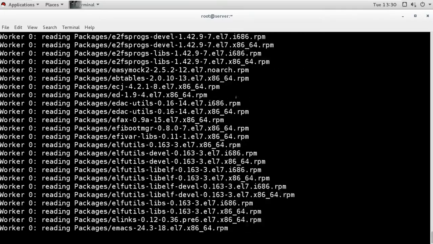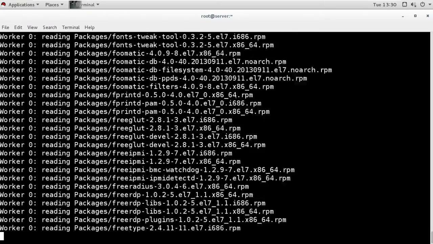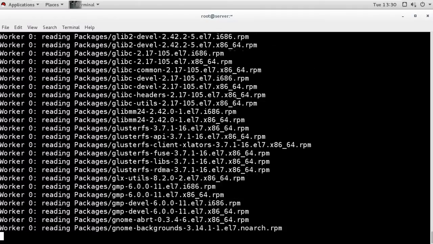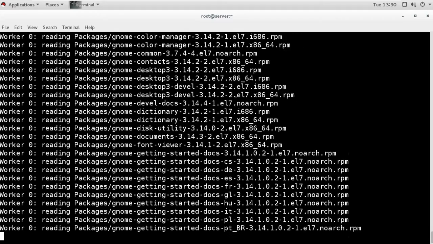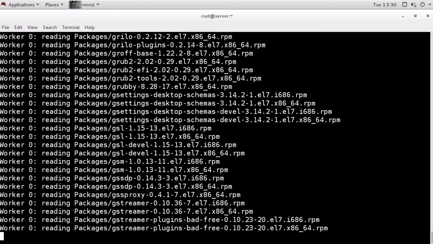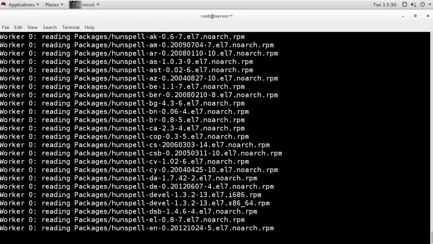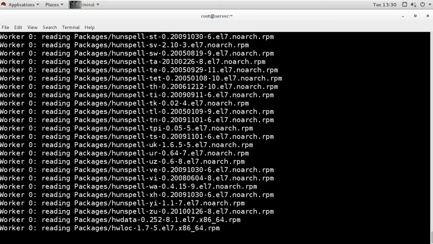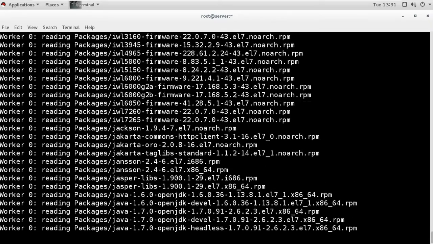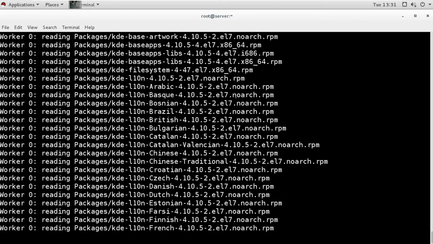Now once you have created this repository, that means you have updated all the available packages into the repository, and then finally you have created the yum server. After this you just have to inform your machines who the yum server is and how to connect to it. You just have to mention the base URL for that server. You have to inform this local server also, and all the machines in your local network, that this is your yum server.